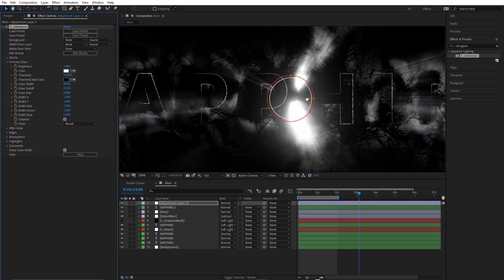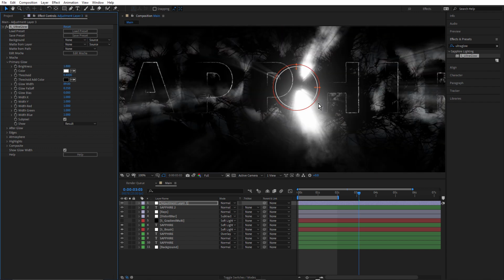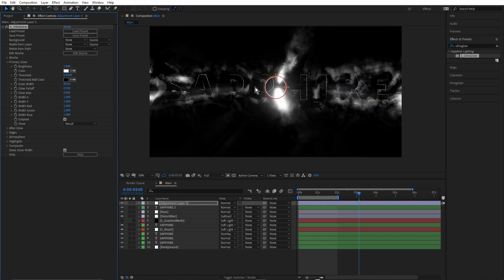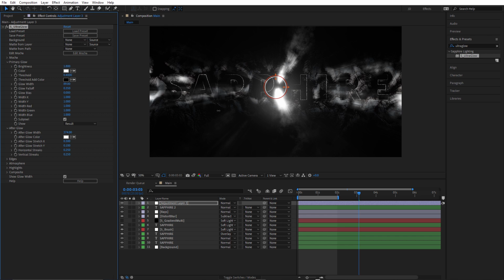Ooh, that's looking really nice there, isn't it? Adds a real sort of misty, foggy look. So let's increase the afterglow amount. Yeah, I'm liking that. And let's decrease the threshold, the primary glow. We've got to be careful we don't blow the whole thing out.